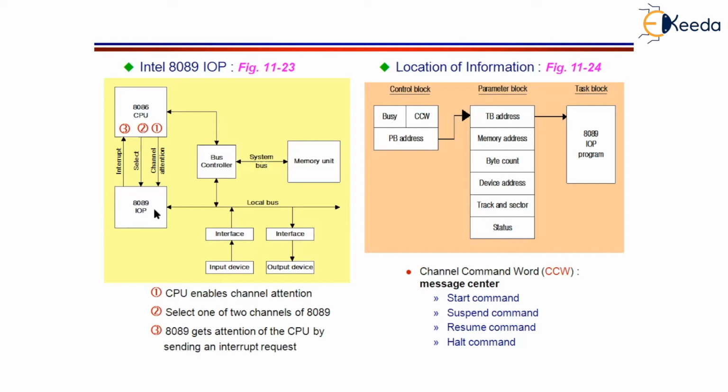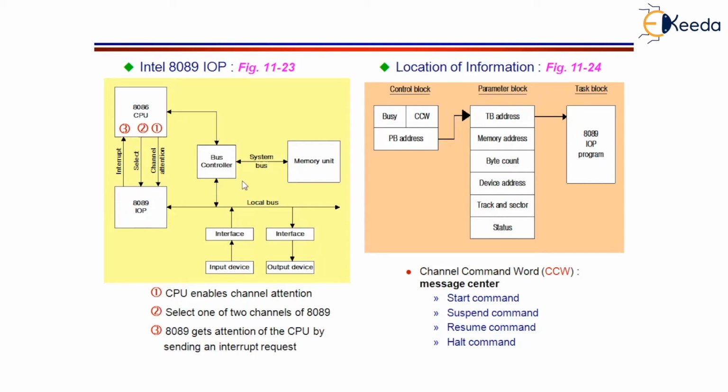So 8089 is built up of two separate channels. Each channel is going to perform the same task as the other. That is, Intel 8089 you can imagine as two separate IO processors. So whenever one channel is busy, the regular CPU can initiate one more IO task by using another channel. Now let us focus on how 8086 is going to communicate with 8089.